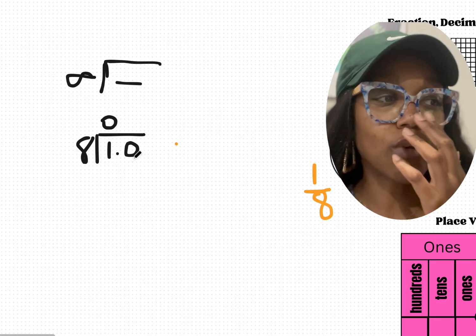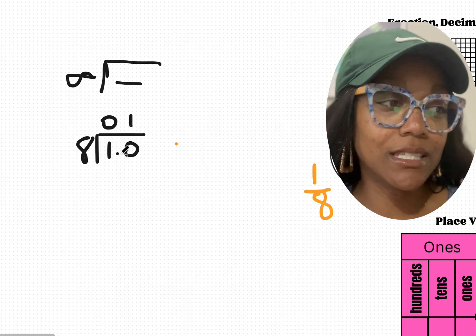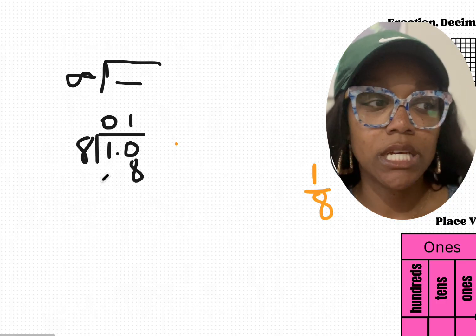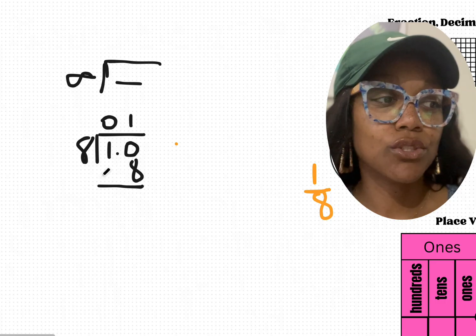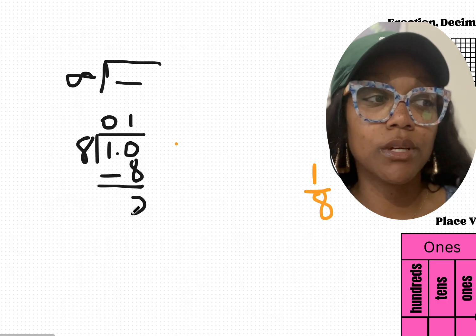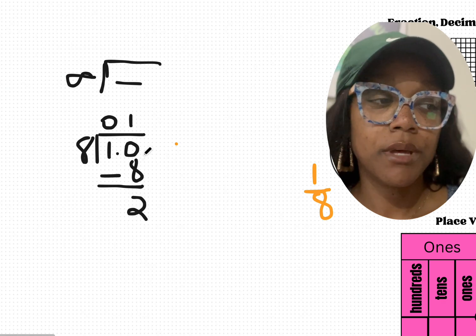There's 1. So 8 times 1 is 8. And then we're going to subtract. I'm just following the normal steps of long division. And 10 minus 8 is 2. And we don't want a remainder, so we need to add another 0, bring it down, and that's going to